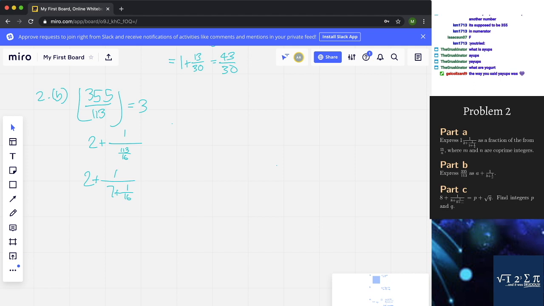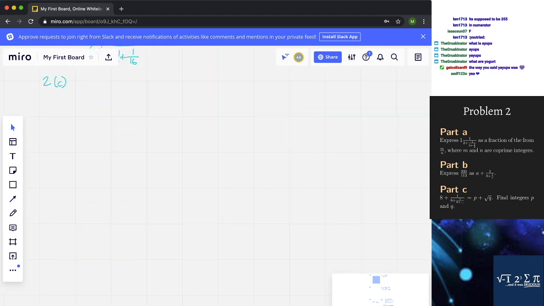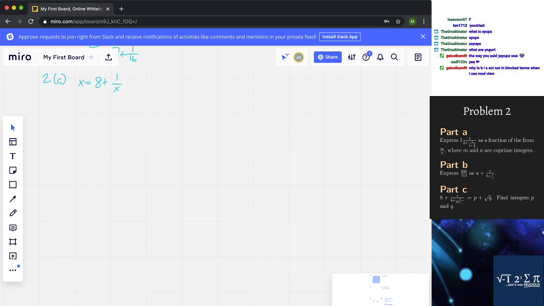Yes, I do not know how to pronounce stuff, so don't worry about me. 2C. I am going to scroll down. Okay. 2C, it sounds a bit harder, but this is a very common trick. X is equal to 8 plus 1 over x. And this is the way you solve almost anything. So continued fractions, continued